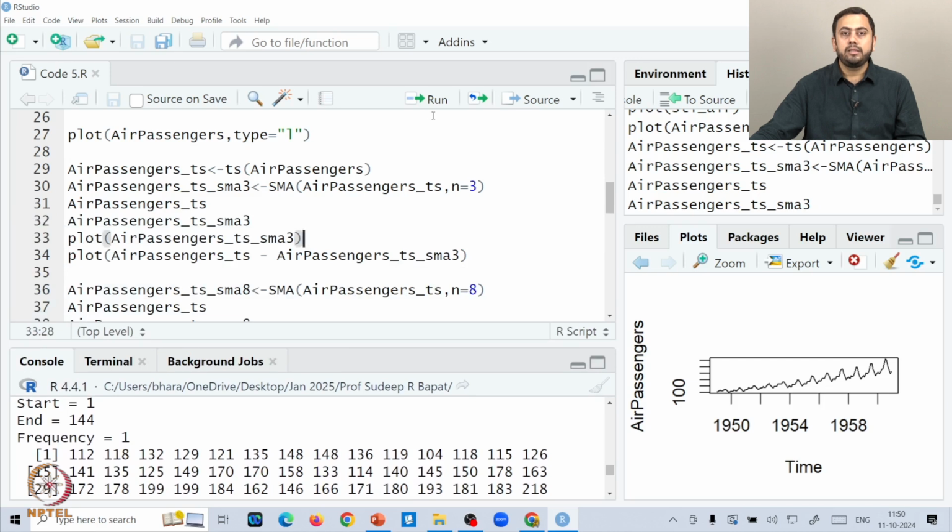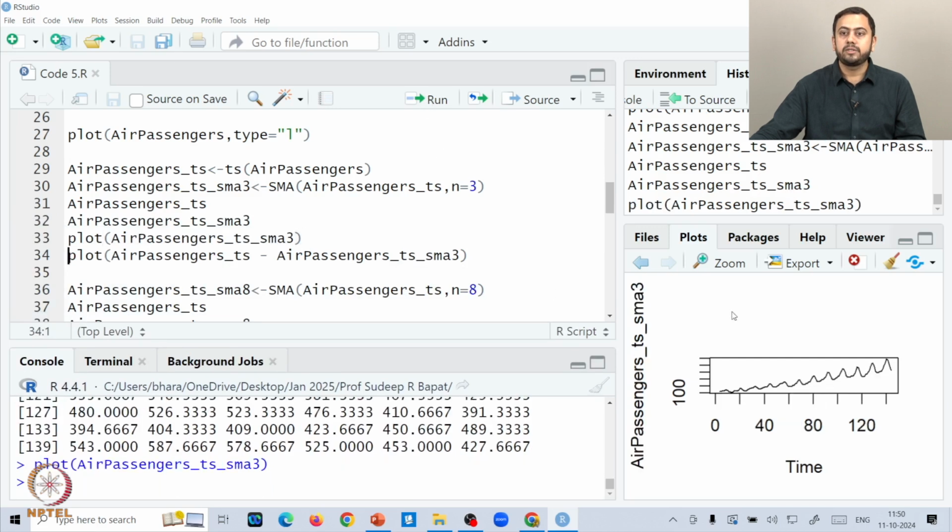But one can actually plot the SMA 3 fit also. This is nothing but the simple moving average smoothing technique, and the plot of that you see here. The command that you see in line 34 is essentially what would happen if you subtract the two. Rather than comparing one data point with the other from the two subsets, why can't we simply subtract and see whether the resultant subset is close to 0 or not? If all the values are close to 0, then we'll say that piecewise they should be matching. Here we're subtracting the actual data and the SMA 3 values and then plotting that.